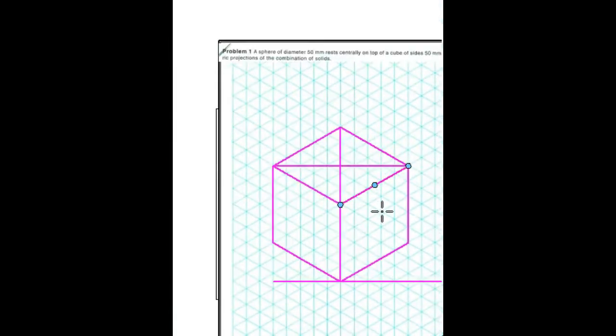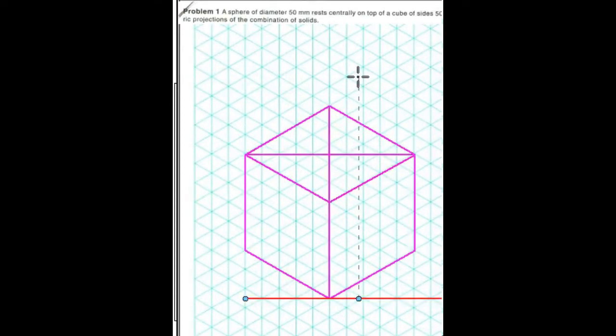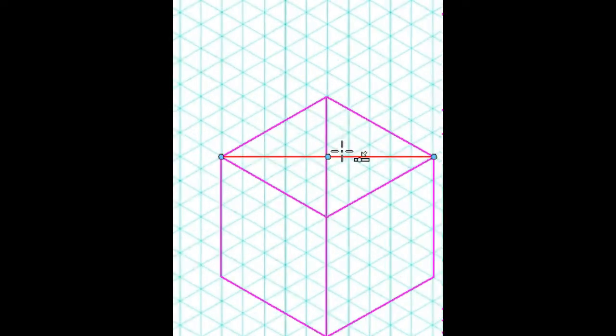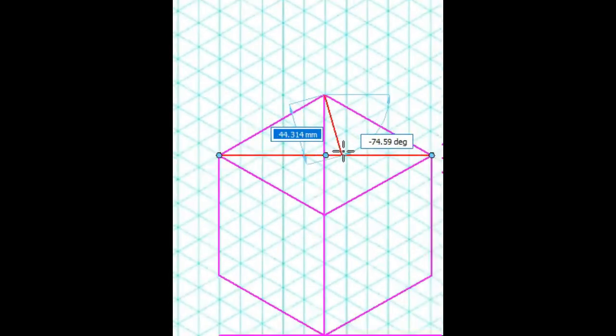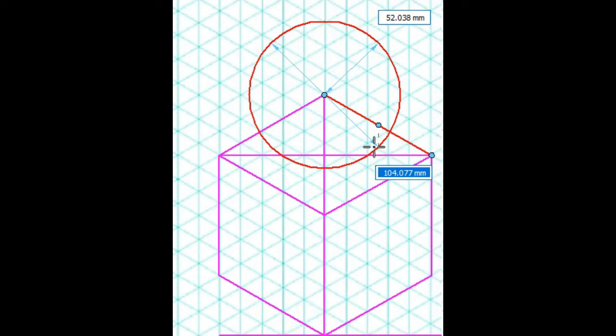Next, we have to represent the sphere. What is the sphere diameter? The diameter is 50 mm. Then what would be the radius? The radius is 25 mm. So at this midpoint, I will take an ISO 25 because the radius is 25 mm. ISO 25 means how many boxes we have to count? 2.5 boxes, right? Half of the box is already there. So from this center point, we have to draw a sphere of radius 25 or diameter 50.